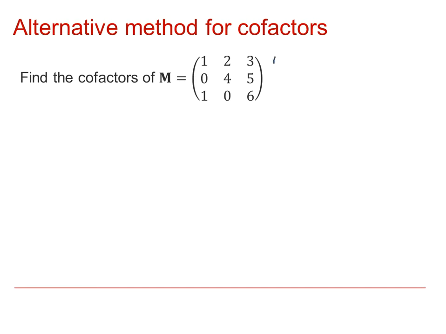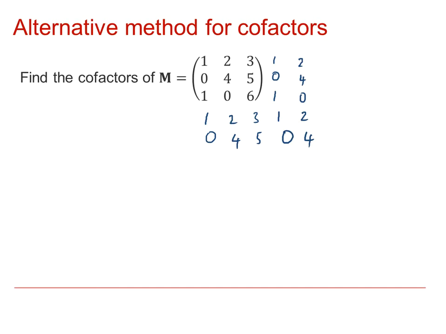So here we'll have 1, 0, 1 and then 2, 4, 0. If then underneath that you write the first row and the second row, so 1, 2, 3, and include the 1 and the 2, and the second row 0, 4, 5, 0, 4, we then have a much larger matrix,